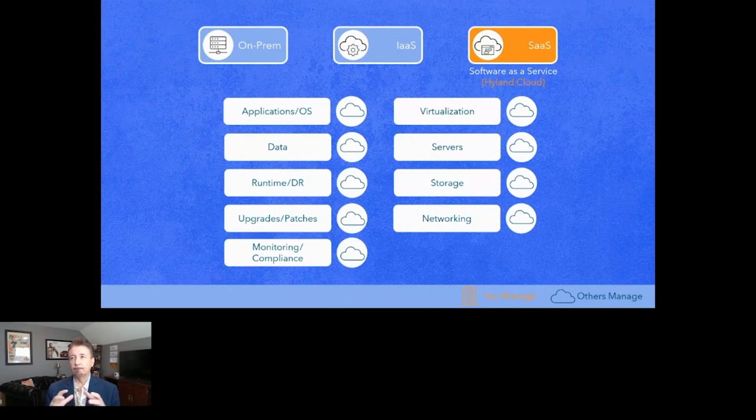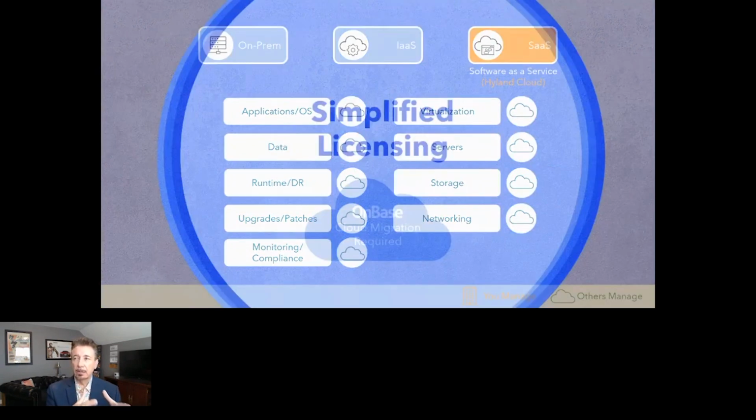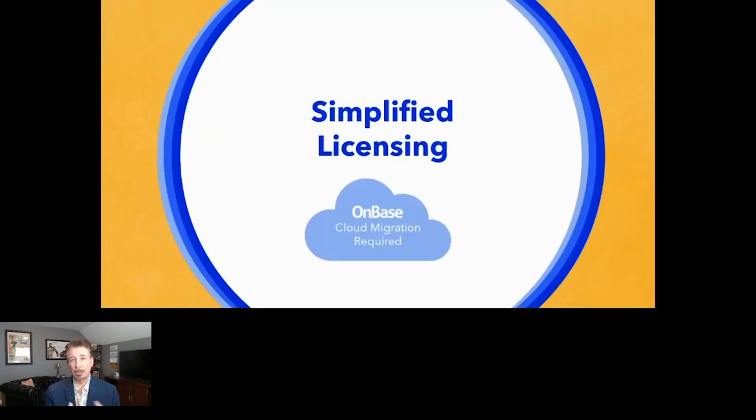So, and this is why this is really important, all three of these work for simplified, but if you are on a legacy licensing model today, I'm going to call it modular a la carte, using these all interchangeably, but this perpetual a la carte legacy model, and you're looking to move to simplified in the cloud, you are required to move to simplified. Simplified licensing is Hyland's new licensing model. And again, we'll get into this a little bit more.